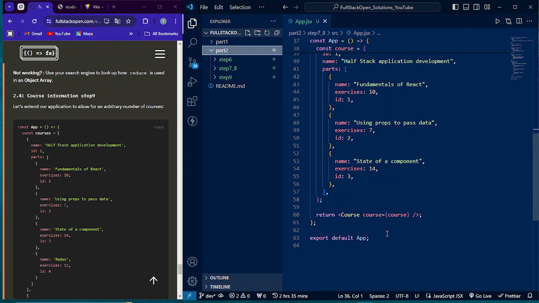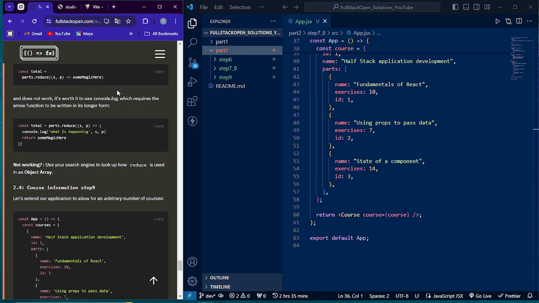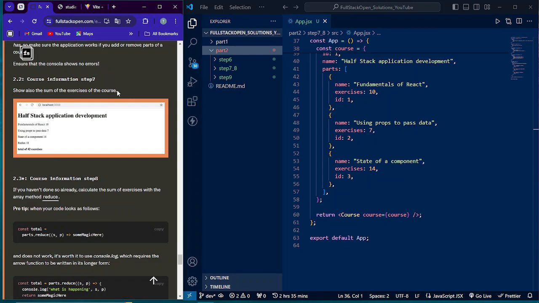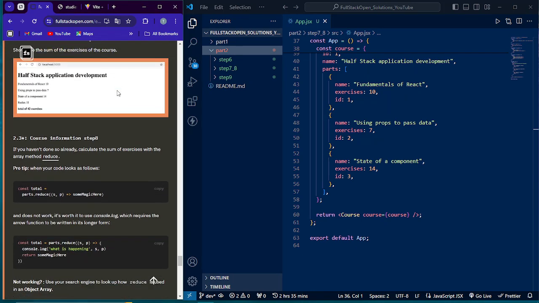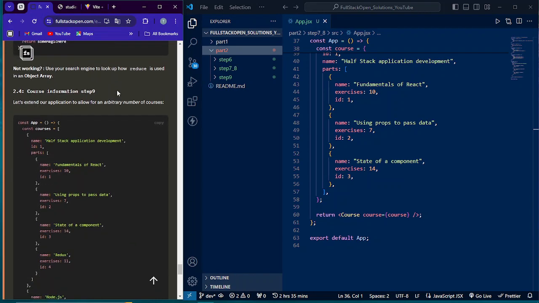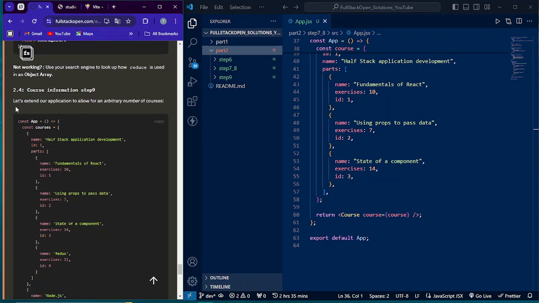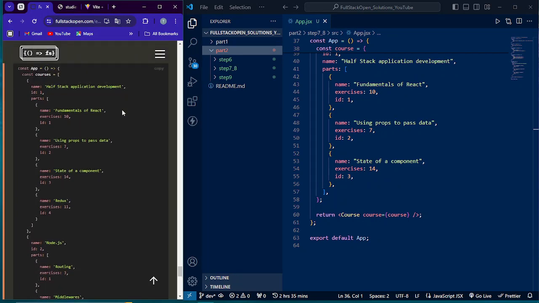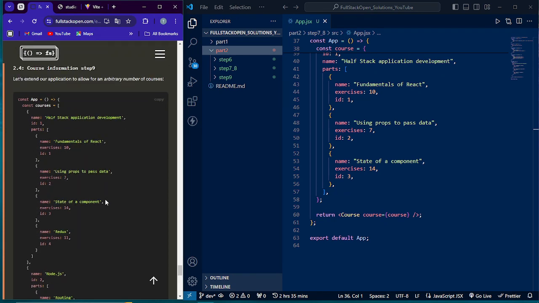All right, so here is exercise 2.4. In the previous video, we were able to solve exercise 2.2 and 2.3. So we merged both exercises as one because the instructions were very similar. So here we are working with exercise 2.4 and it says, let's extend our application to allow for an arbitrary number of courses. So that means that in case the number of courses gets bigger, our code should not break,